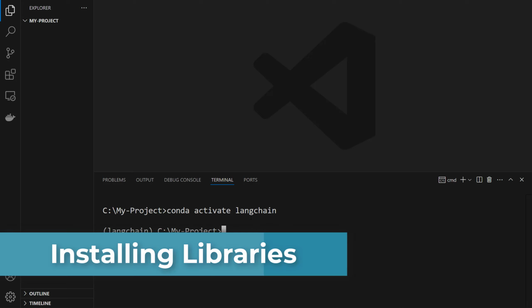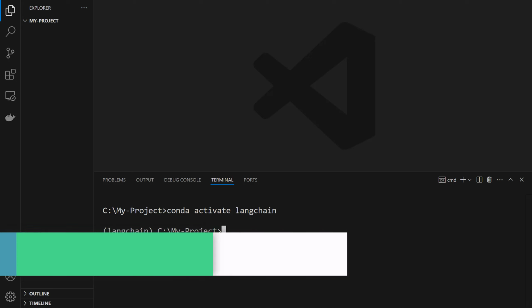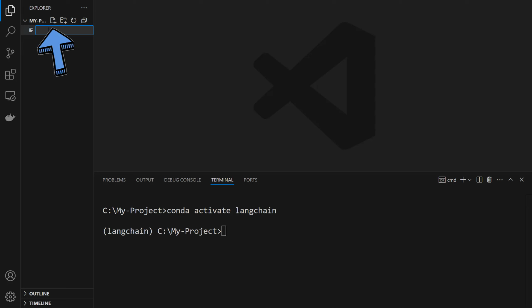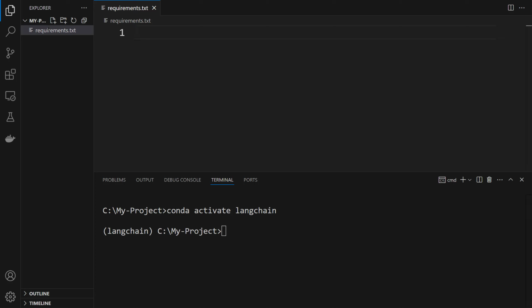To do this, we're gonna create a requirements file here. Let me click here and then give this file a name. We're gonna write requirements.txt. Okay, our file is ready. What we're gonna do now is set the libraries we'll use.